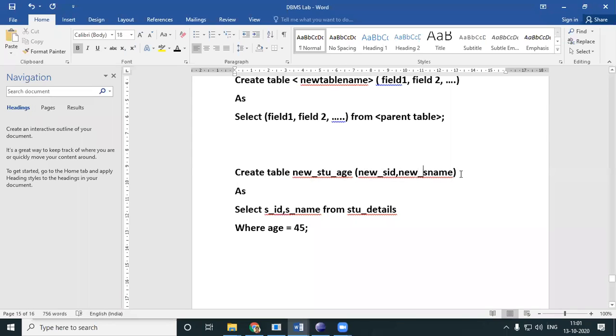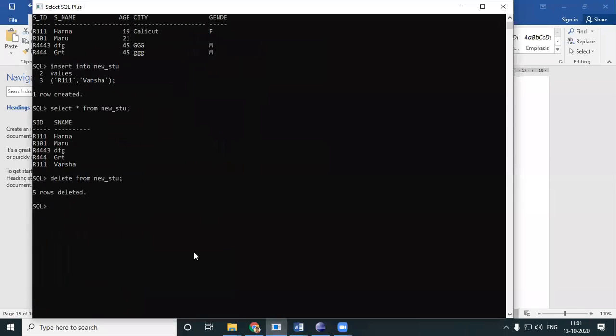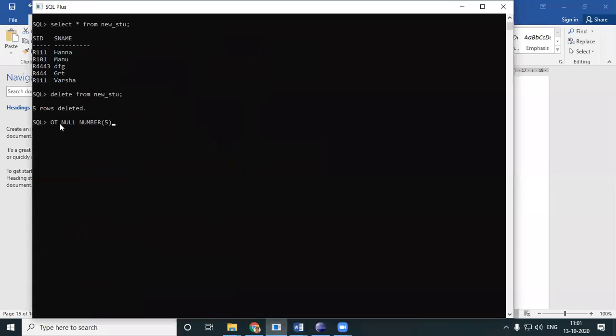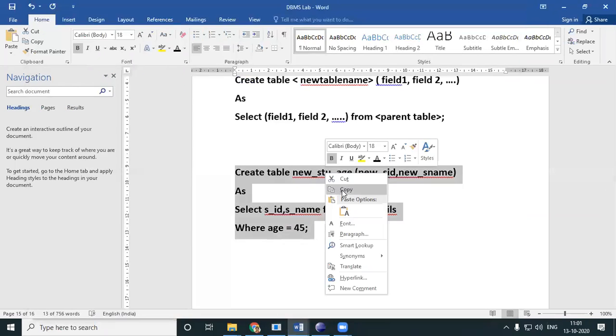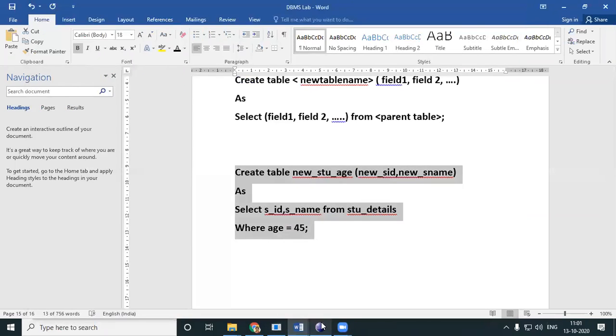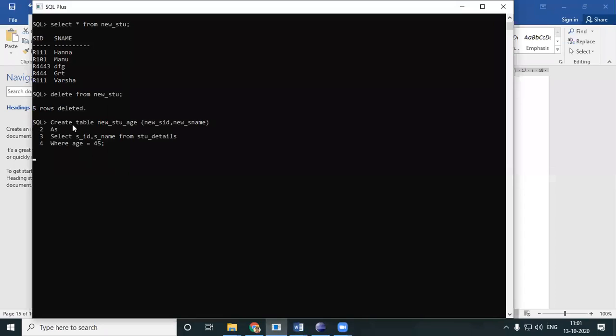So these are going to be the field names of my new table, where age is equal to 45. I'll copy this and go here. Okay, a new table has been created.